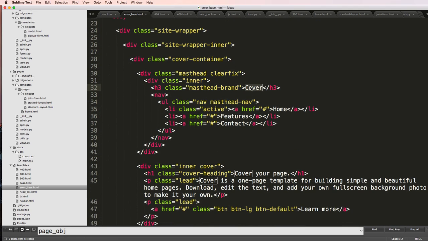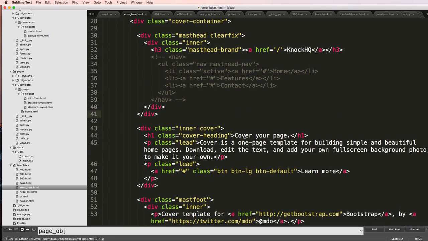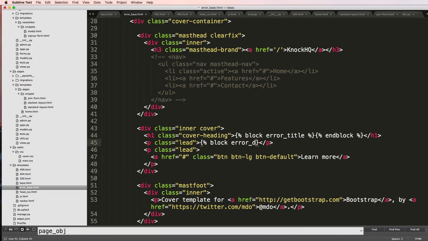Okay, and now the block content is going to be related to this. So cover, which would be knock HQ, and this is our home page, right? So actually where we want it to go. So I'll just do a href equals to the home page or the main URL page. I'm going to get rid of this UL class because I actually don't need the navigation here. But what I will put in is the block error title in block, and then block error description,